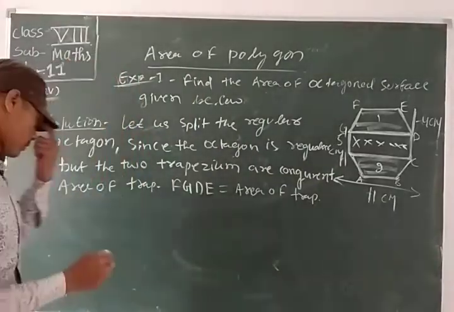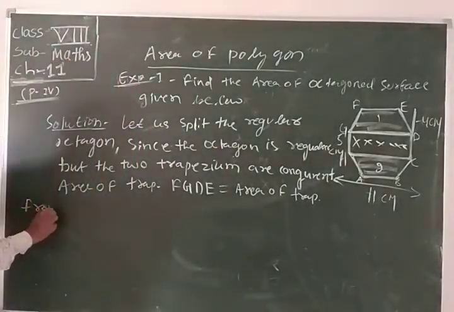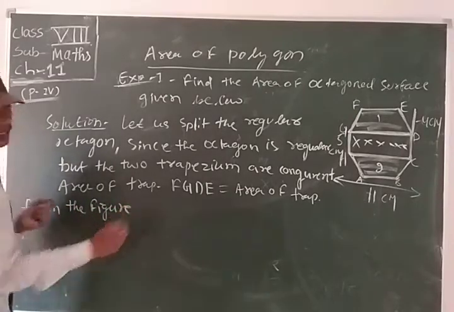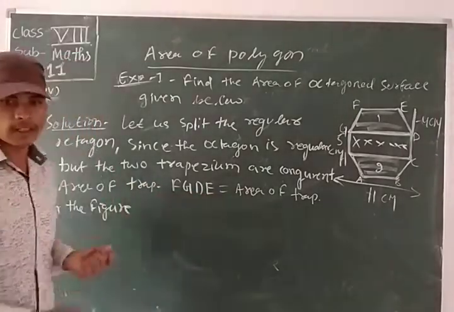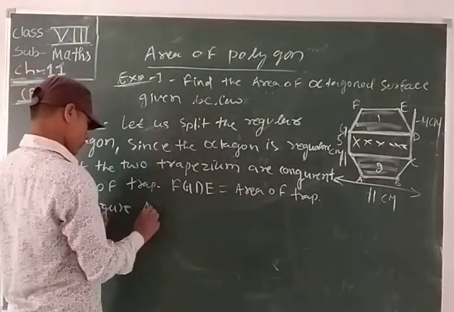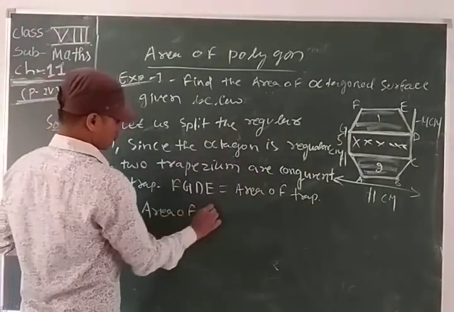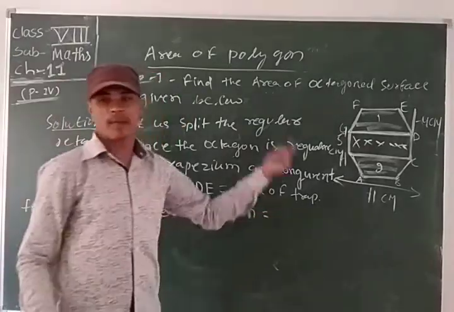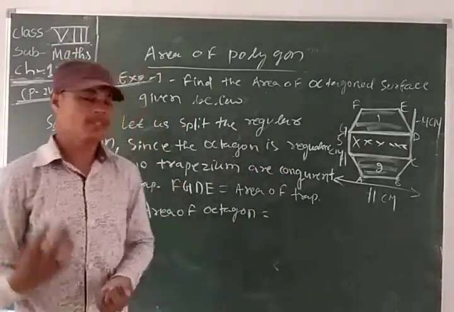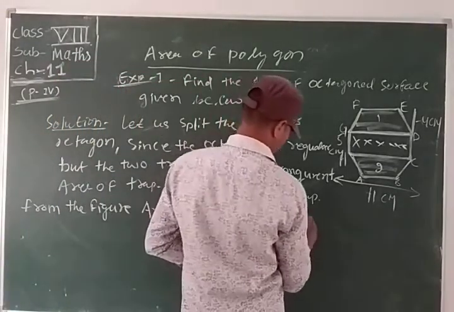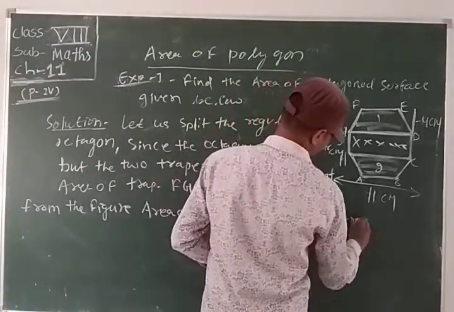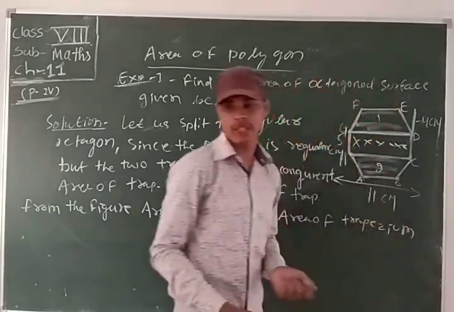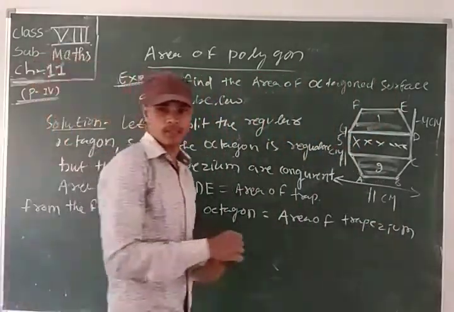Then from the figure, area of octagon equals what? Area of trapezium plus what is here? Area of trapezium FGDE